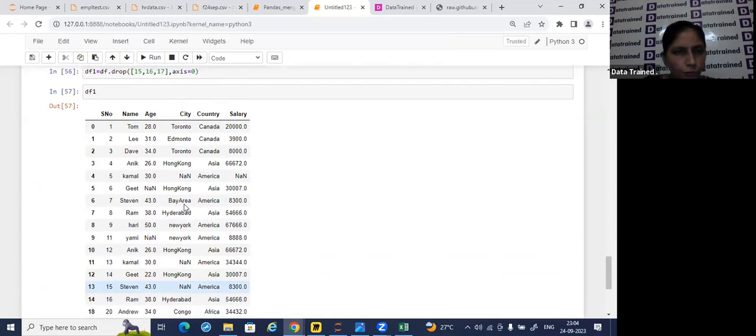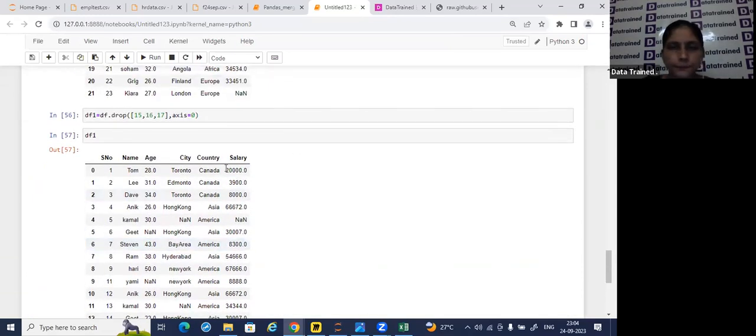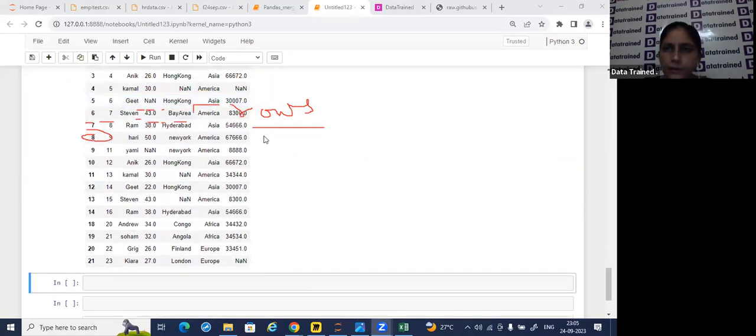Okay, I just dropped 3 rows. You can see here, df dot drop row numbers 15, 16, and 17 along with rows. You can see this parameter axis equals to 0. What I'm giving is: kindly drop these row numbers along with rows. Axis equal to 0 means along with rows you have to drop it. And I'm saving this inside DF1. So when I look at the DF1, you can see here